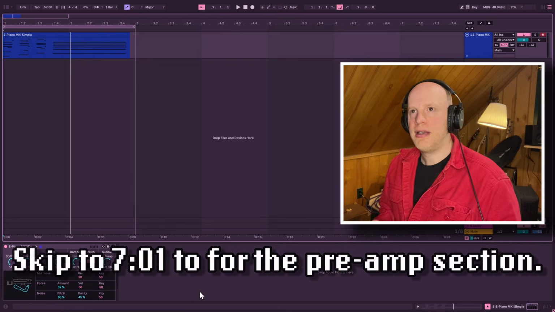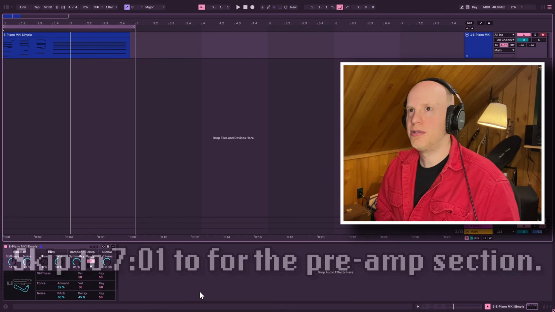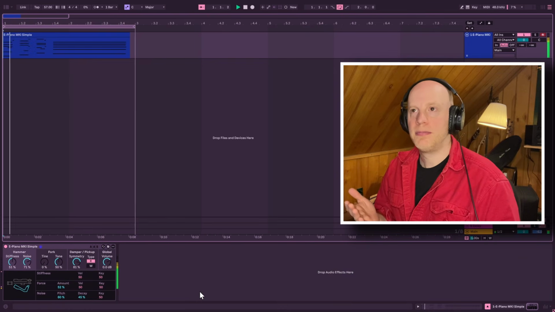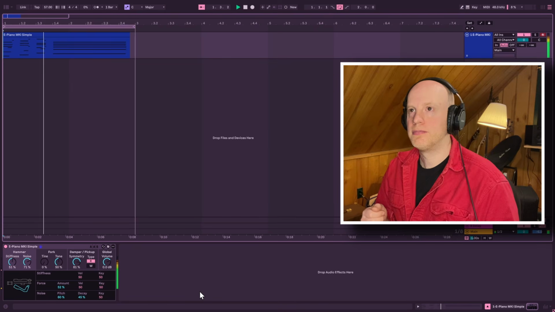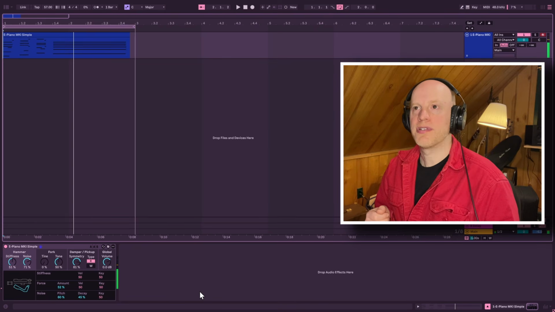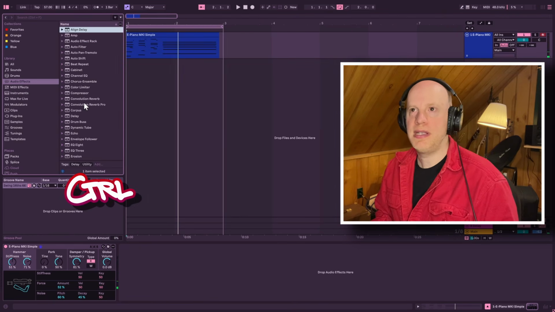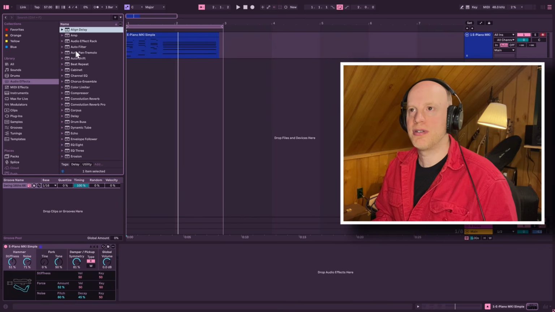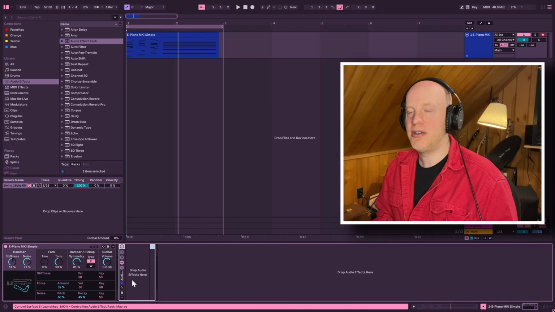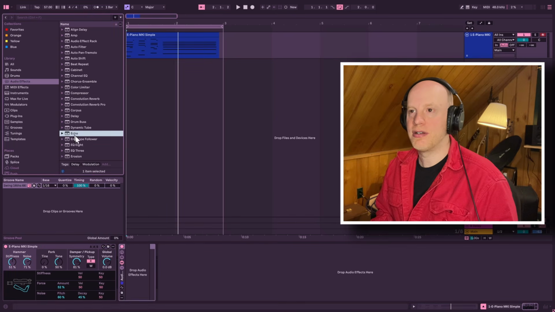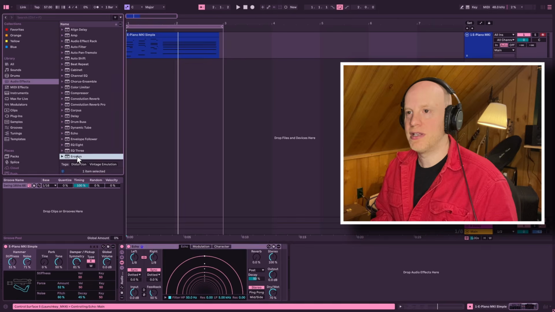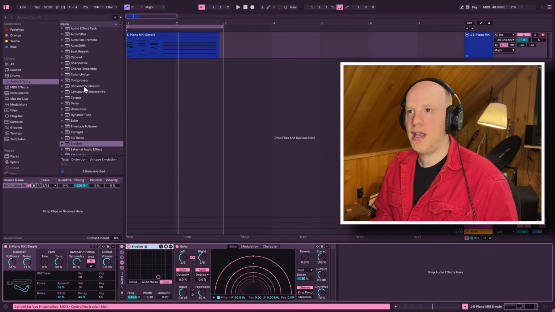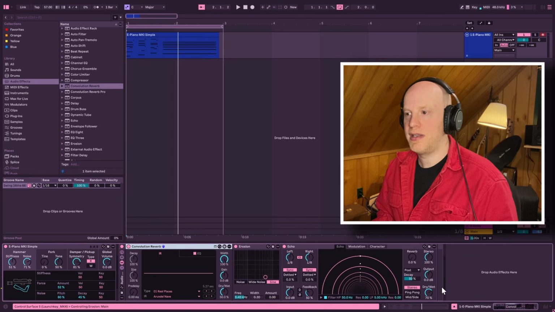So here we are in Live. This is a short electric piano loop that we're going to build an example rack for. The first thing you want to do is hit Control-Alt-B. This will bring up your main menu, and then in the audio effects section, we'll see audio effect rack, and we'll drag that down. Now we have an empty audio effects rack. We can just start dragging in random effects, which is what I'm doing here. And now, if I play that same loop,